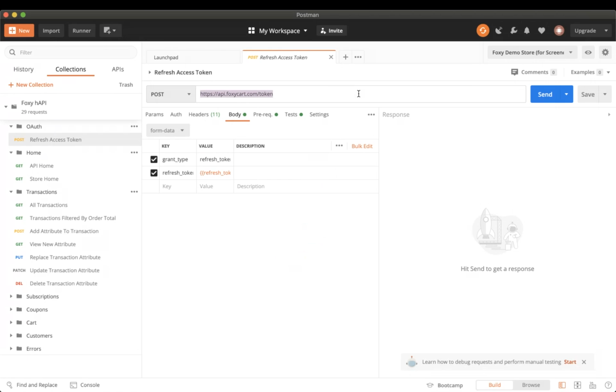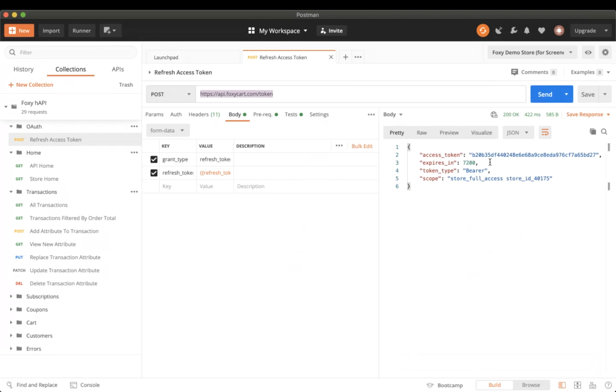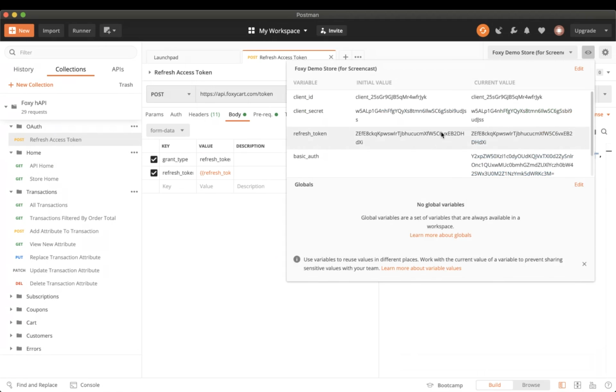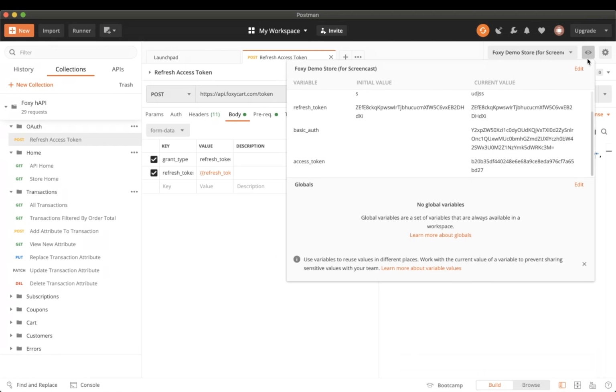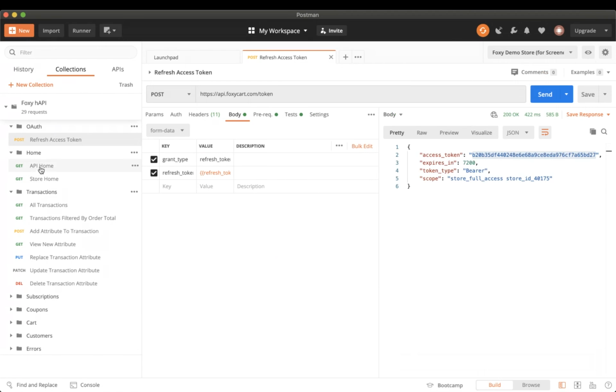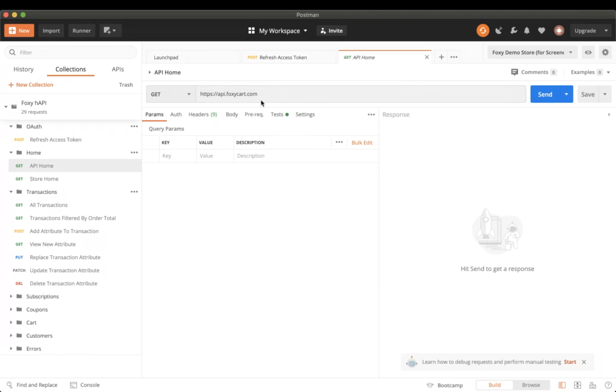So we'll go ahead, hit send, and we can see the response pretty printed with syntax highlighting. There we get the access token, and we get what we need. And now if we go to our environment variables, we see basic auth and access token are set in our environment variables. Our next step, and this is all documented in our documentation, our walkthrough with Postman, so you don't have to take notes or anything,